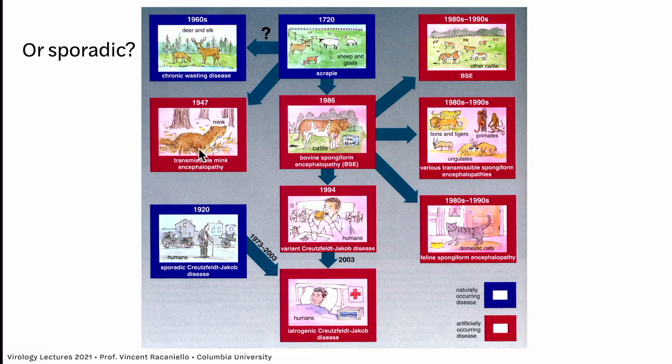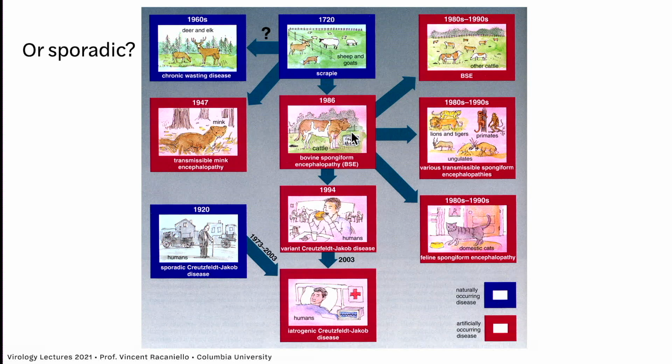But the scrapie, of course, has led to mink having their disease because we fed sheep offal to mink. So now we have TSE in mink. And cows, of course. The cow outbreak infected humans, and we have passed it on to other people iatrogenically. And we also pass the prions of sporadic cases to others via transplants and blood donations and so forth,